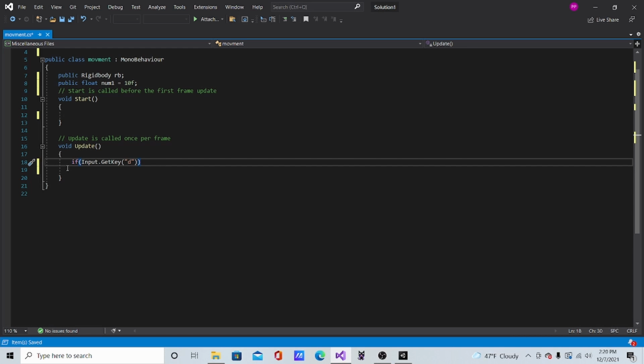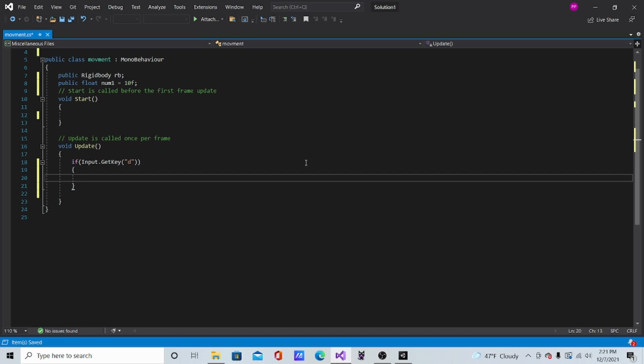And okay, so we have this if Input.GetKeyDown. The input is just what you're touching on your keyboard. GetKeyDown is once you press the key down. GetKey is just if you're holding it down. Something like that. Okay, so put this in another set of curly brackets, just like that, and then you're